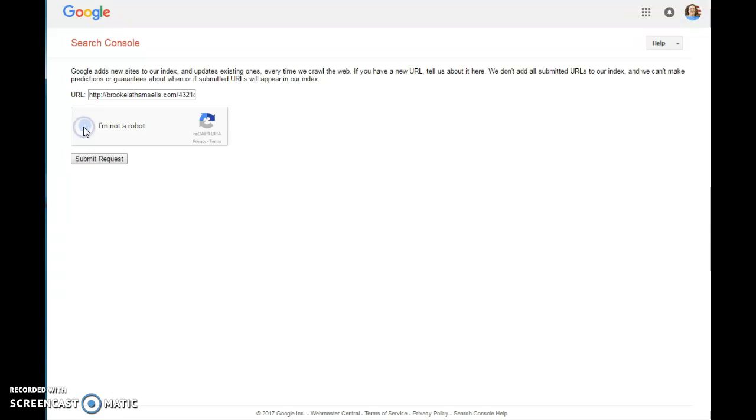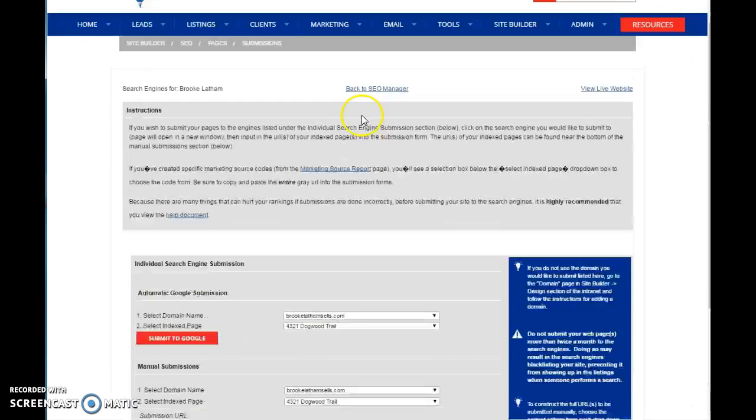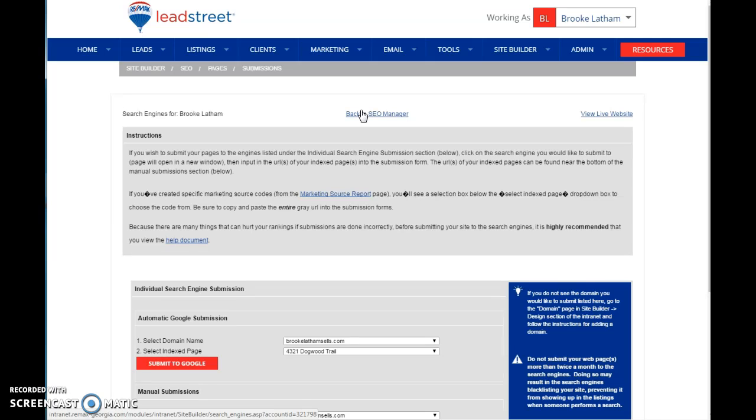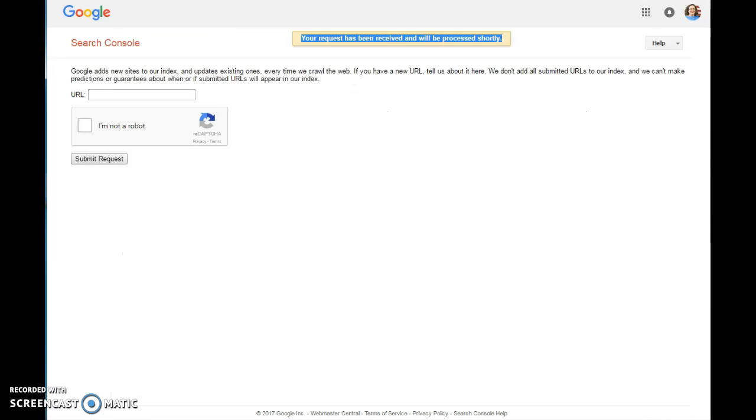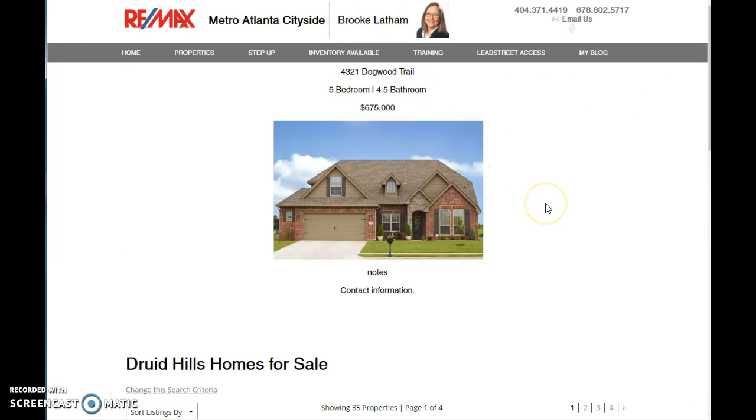And we're going to check I am not a robot and click Submit Request. Now it's been sent over to Google, so it will index your website, and that will come up as a page for you. And if someone types in 4321 Dogwood Trail, they should come to this page. So that's how you create an SEO Safe Search page with a listing, how to create an inventory section for your